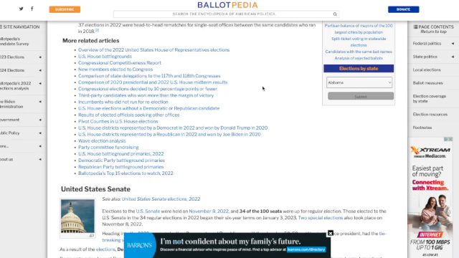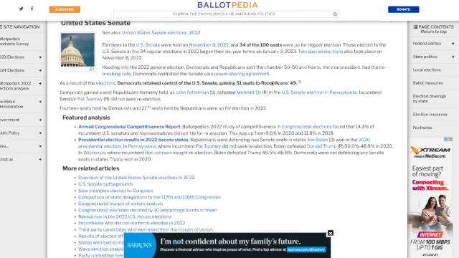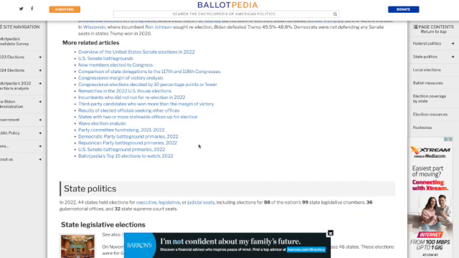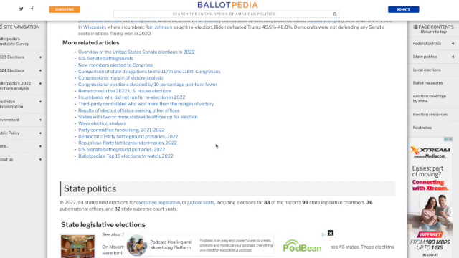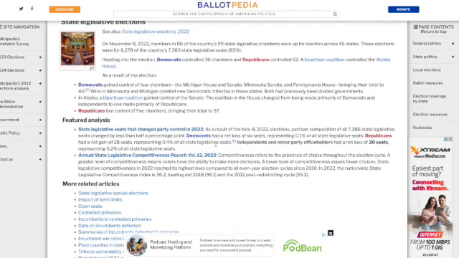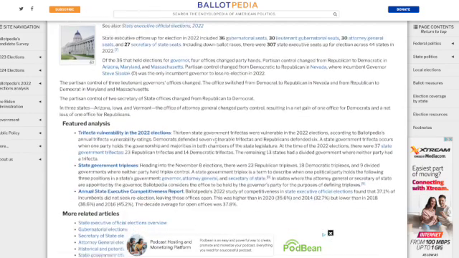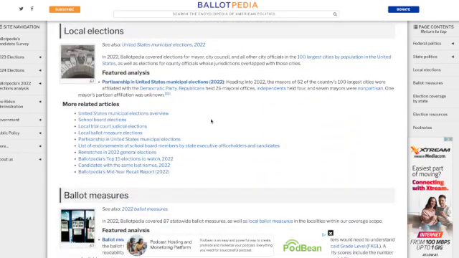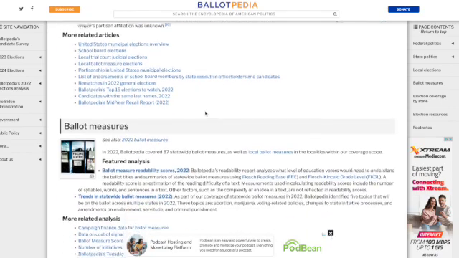And by articles, I don't necessarily mean a news article. It's more of a side page of a topic of 2022. And they do this for each election year, the article that is. And they also do the more granular topics for each section of offices. So for the federal level, they'll have articles on the House and Senate, the state branches, both the legislatures and then the governorships. And then they even go into the local elections and some of the ballot measures.